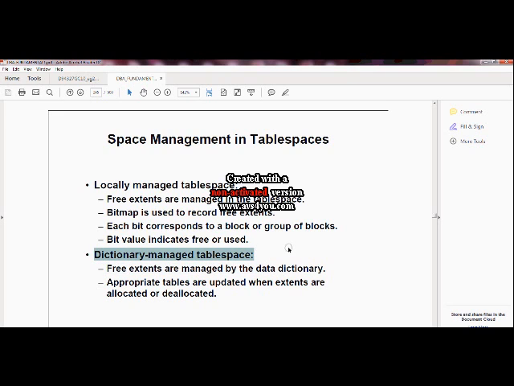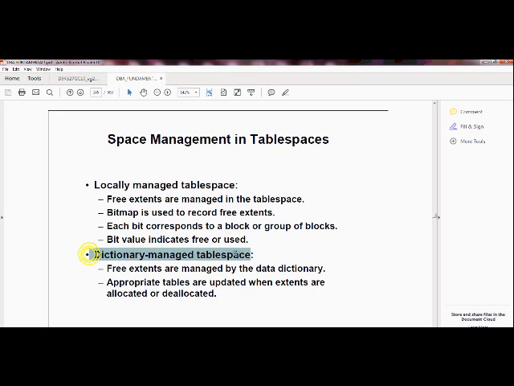Right now just try to understand that a locally managed tablespace manages the space inside itself. But in a dictionary managed tablespace, the Oracle data dictionary is used to manage the space inside the tablespace. That's the basic difference between both.